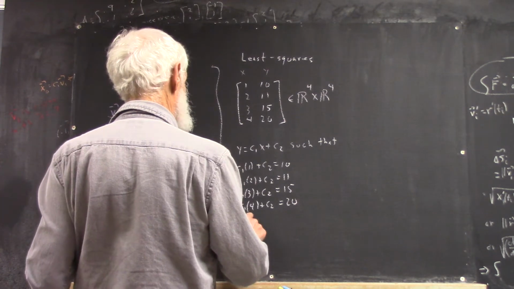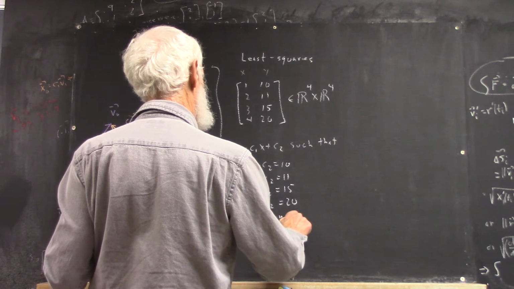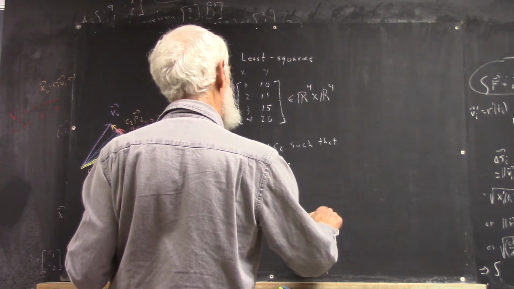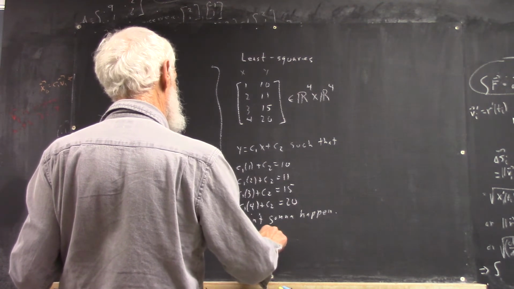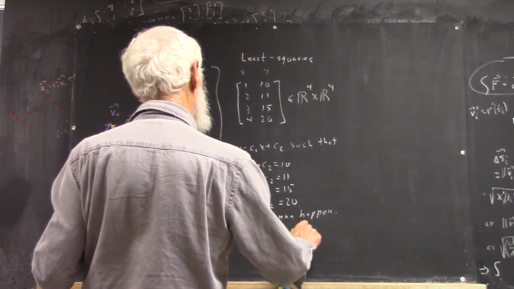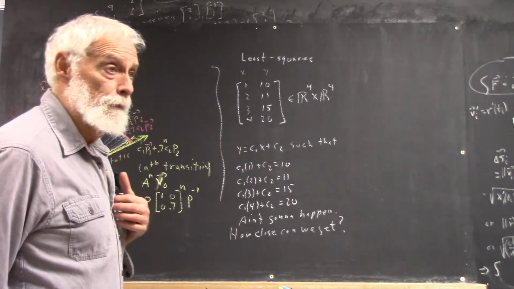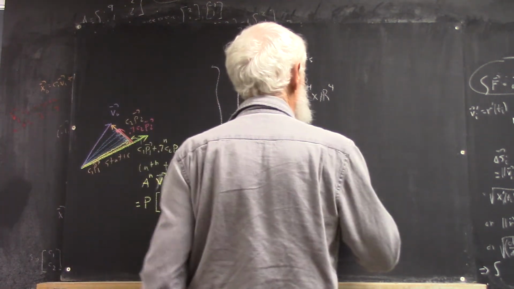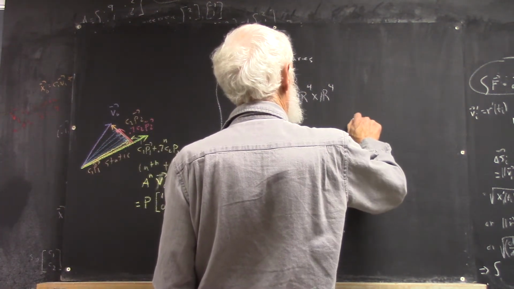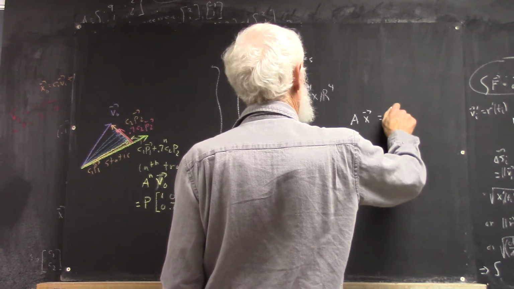So, ain't gonna happen. But how close can we get? Okay? So you set up a transition, or a matrix product, AX equals B,